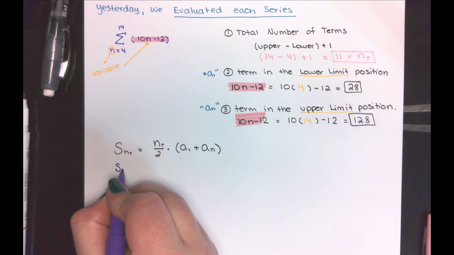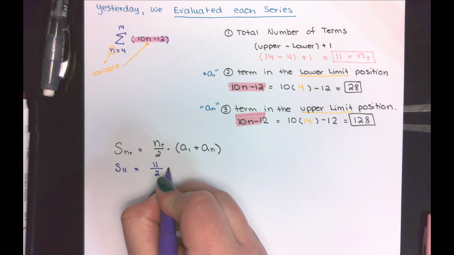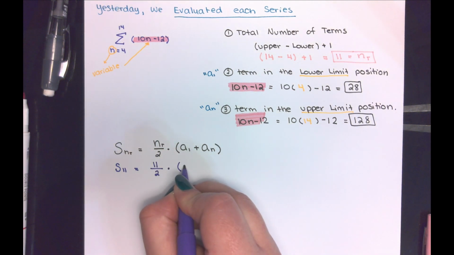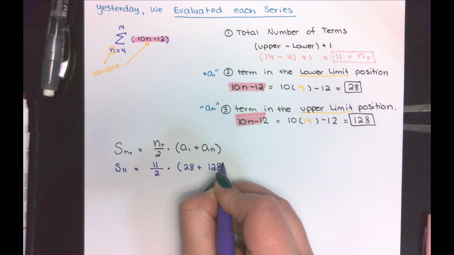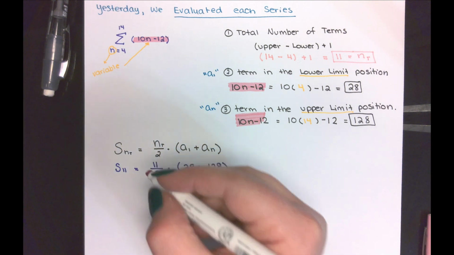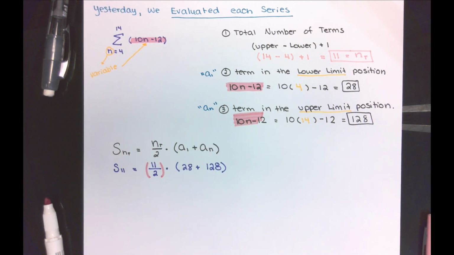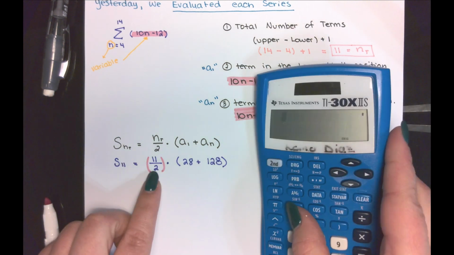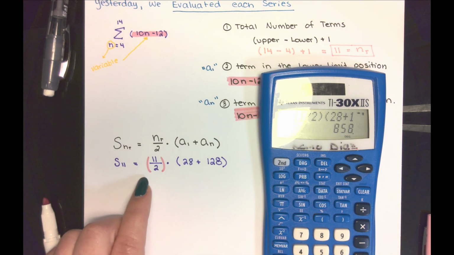Total number of terms was 11. Total number of terms is 11 divided by 2 times the term in the lower limit position is 28. The term in the upper position is 128. When you type this into the calculator, please make sure to put parentheses around fractions. If they are not able to be solved by hand, I usually just type it in anyways. So I'm going to type in open 11 divided by 2, close, open 28 plus 128, close, enter, and I get